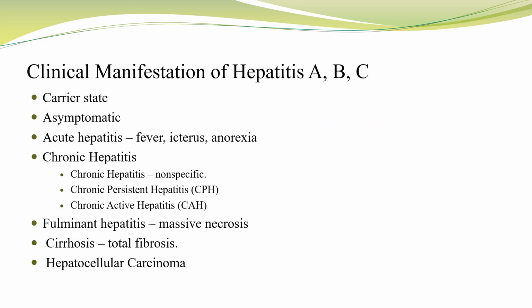The clinical manifestation of hepatitis A, B, and C is like a carrier state. Sometimes we have asymptomatic, sometimes we have acute hepatitis with fever, icterus, and anorexia. And chronic hepatitis could be non-specific or persistent hepatitis or active hepatitis. Sometimes we have fulminant hepatitis and also end up to cirrhosis, and sometimes in uncommon cases we have hepatocellular